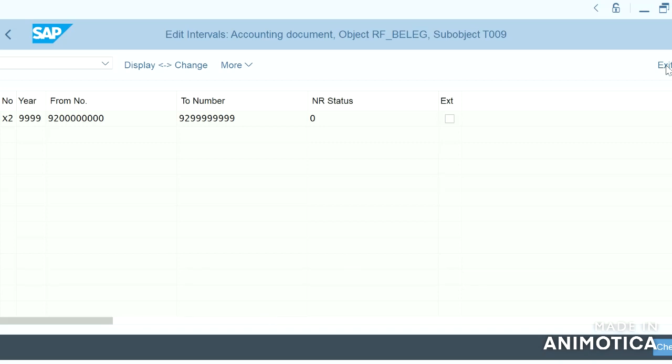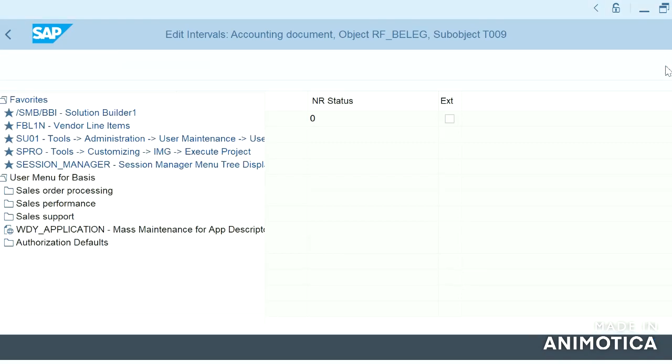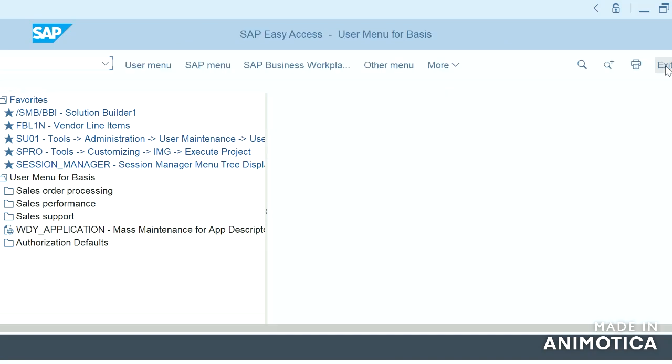Let us discuss transporting the number range intervals. Normally in real time, most of the time we don't transport the number ranges. This is because if we transport the number ranges from development to quality, and quality to production, the complete table will be transported and not just the new number range we create.